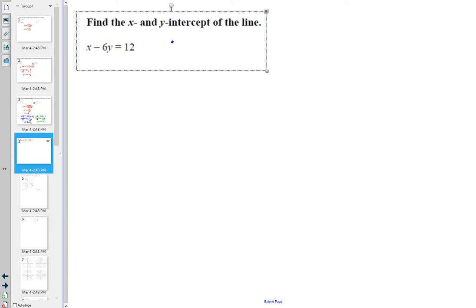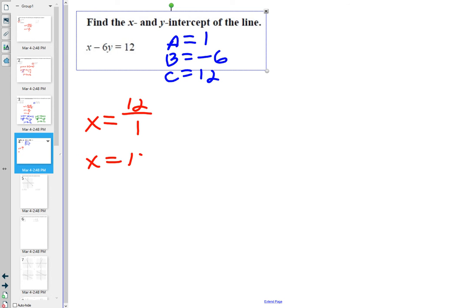But if we identify A, B, and C, what's A here? A is 1, the 1 in front of the x. What's B? Negative 6. And what's C? As long as you study, you know that your x-intercept is C over A, which is 12 over 1, which is 12. And then the y-intercept is C over B, which gives you negative 2. That right there counted as 2 points. You had 2 different lines to